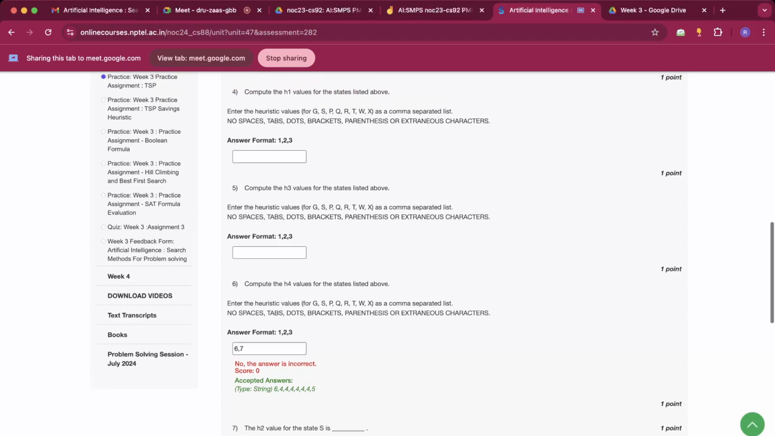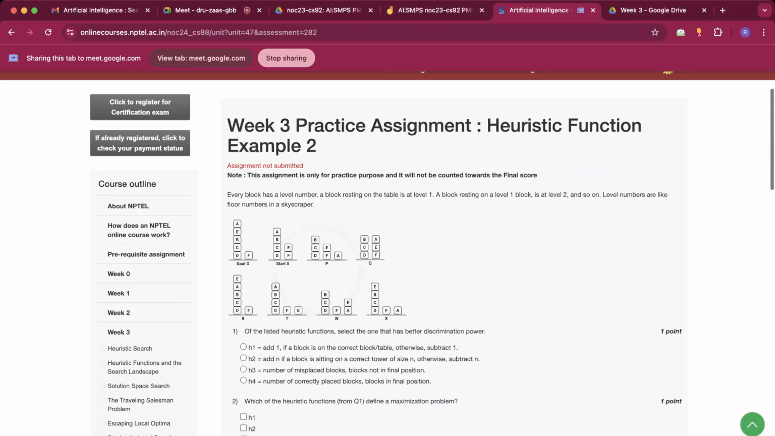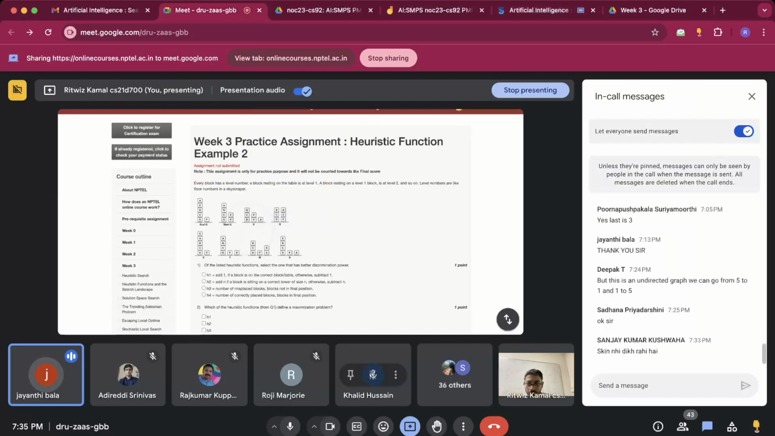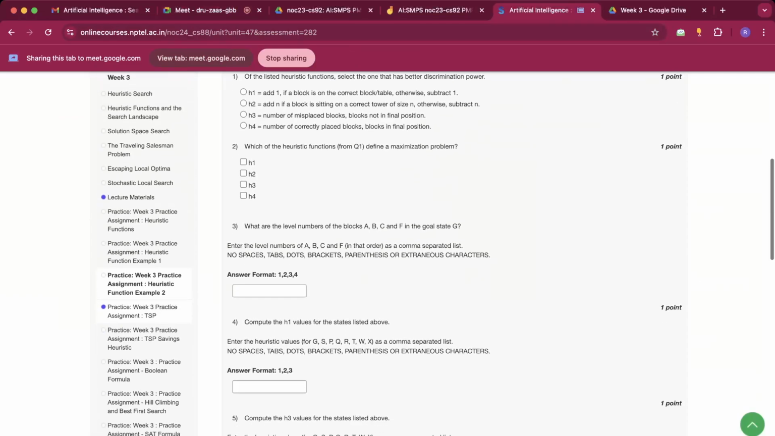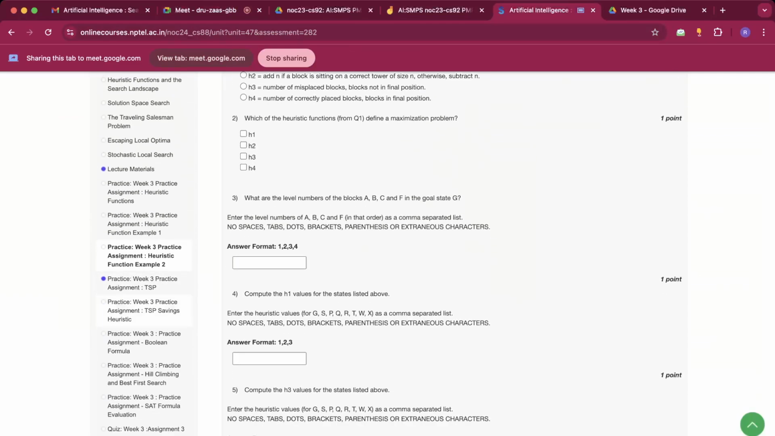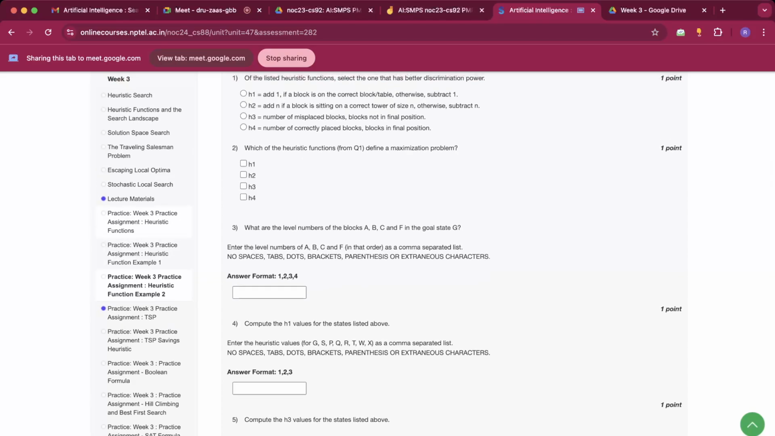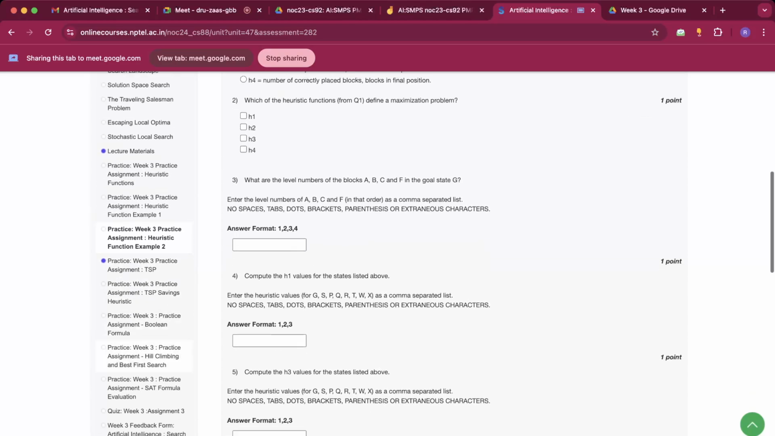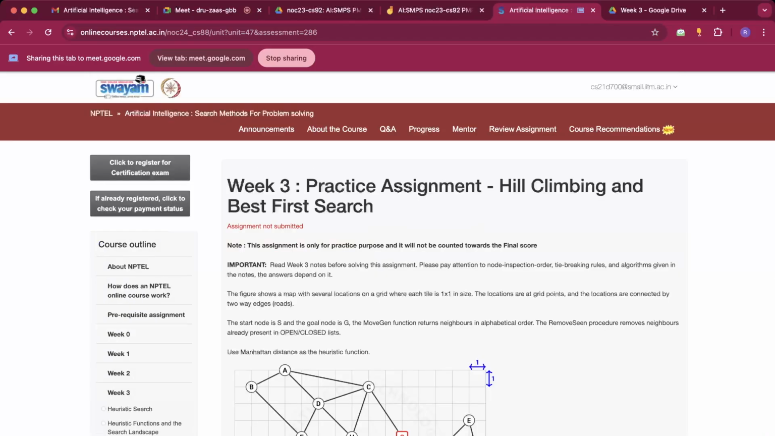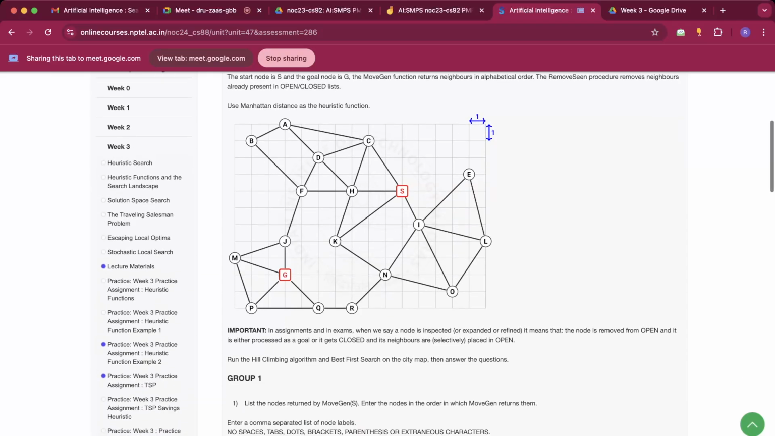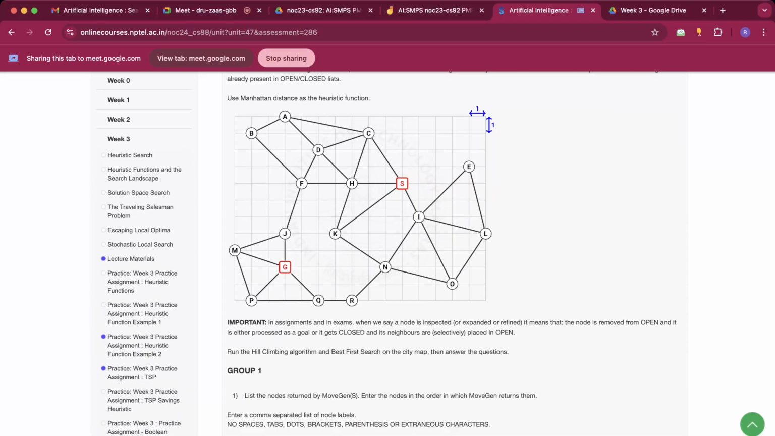Sir, next assignment, sir. Sure. Practice assignment, hill climbing and best first search. Where is that? Below that one. Yes. Sir, in this graph that is given,